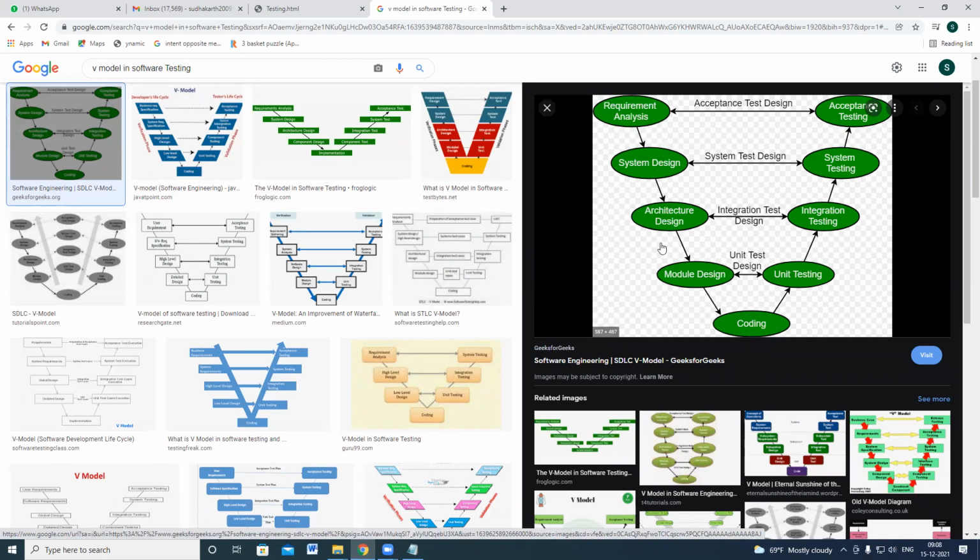On the left hand side, all the activities that we are doing, we call verification activities. And on the right hand side, what you are seeing, we call validation activities. That's why V model means verification and validation.